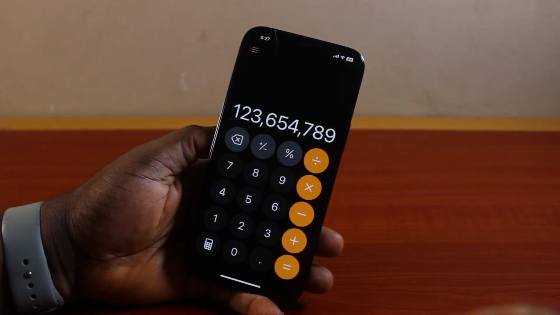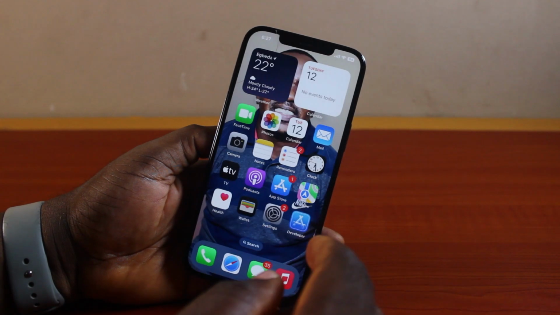So here, I'll show you how you can change how numbers appear on your iPhone, or how the number format